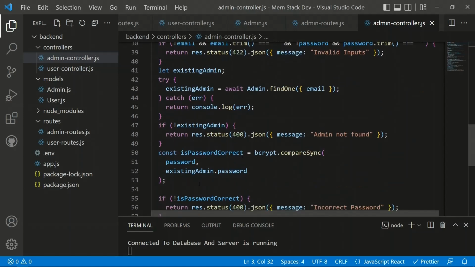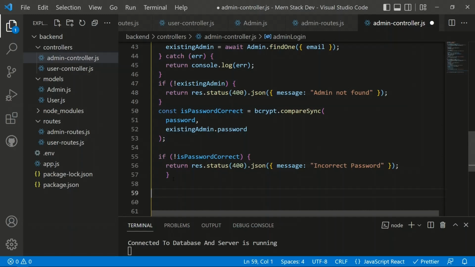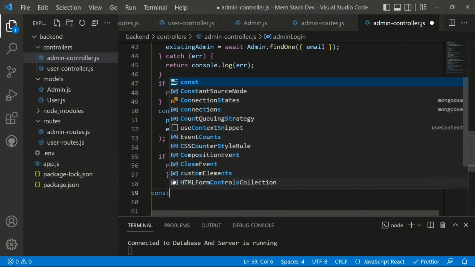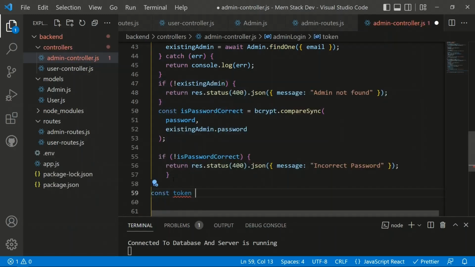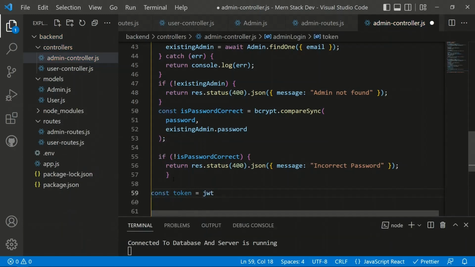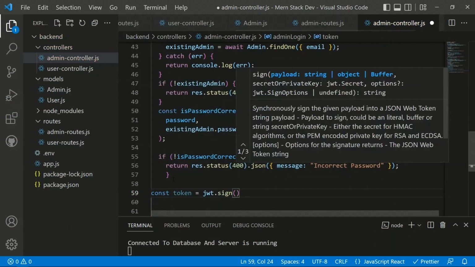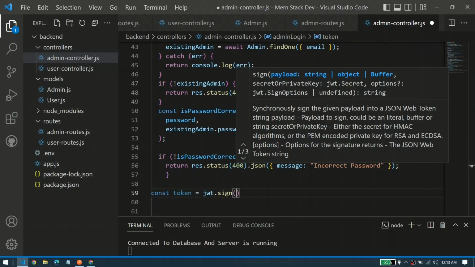if the password is correct, after that we can declare the token. So we can have const token equals to JWT dot sign. So we have the sign function in the JWT, which will synchronously sign the payload into a token. And the payload, we can define as a string, an object, or a buffer, as we have defined earlier. It will encrypt the data inside it,